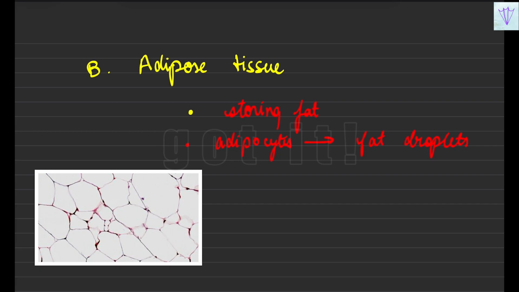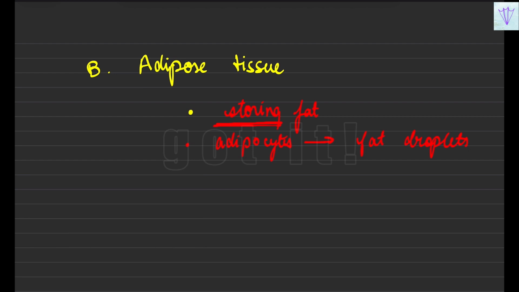Okay, so its primary function is storing fat. So its structure is made so that it can store fat. So the location where it is found is